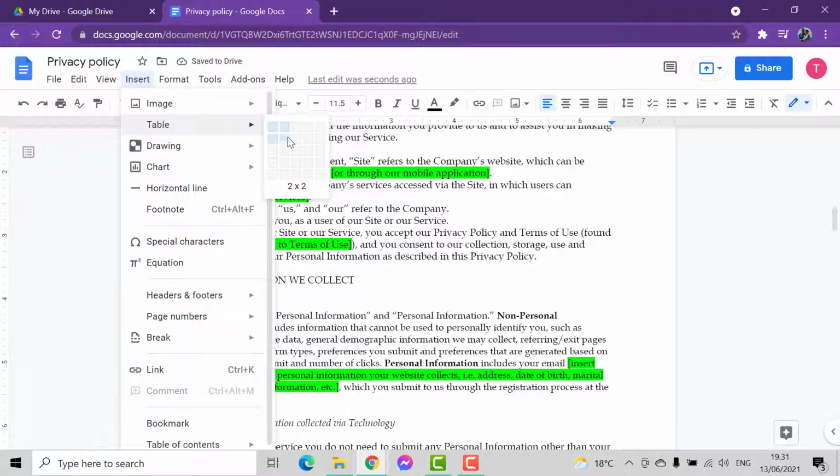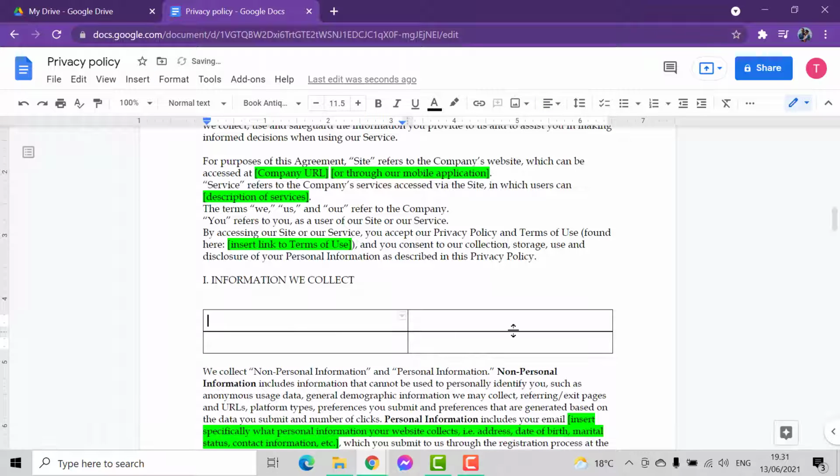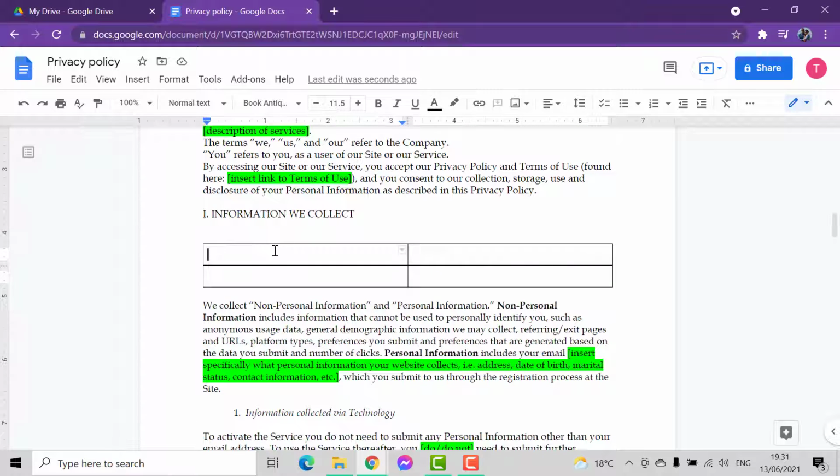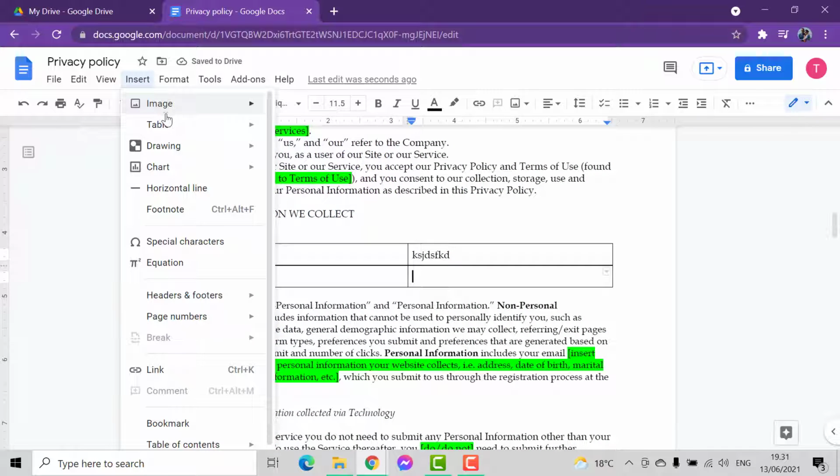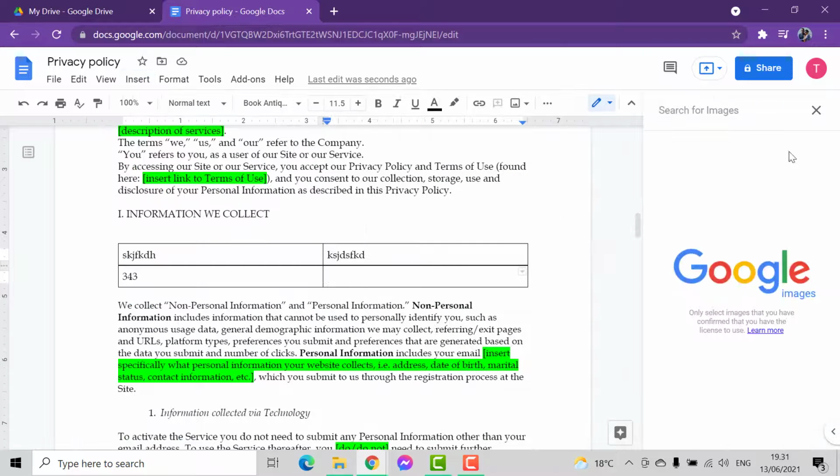Okay, so just start with a 2 by 2 table. That means 2 rows and 2 columns, and then maybe you have something to write here and then something right there, and here you would like to show some numbers. You would like to have one image here, so from insert, go here in the Google search, you can find an image. Let's say you want an image of a tree,